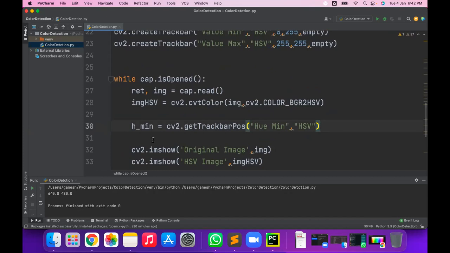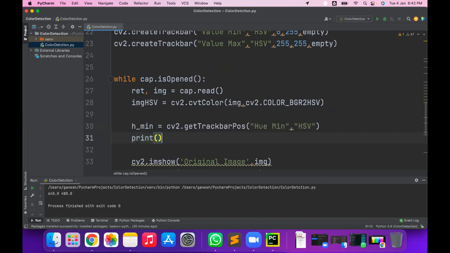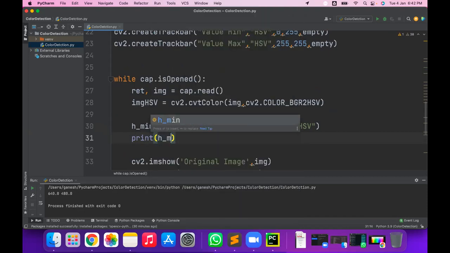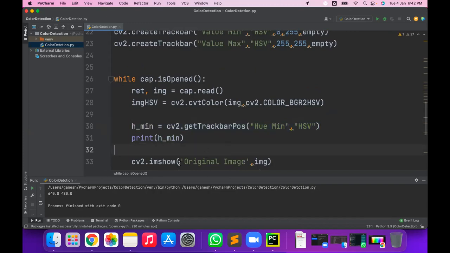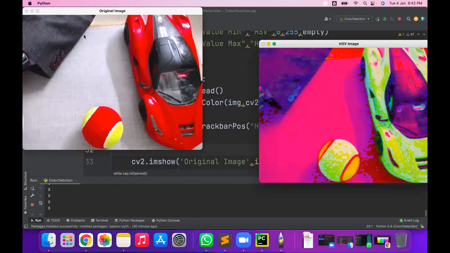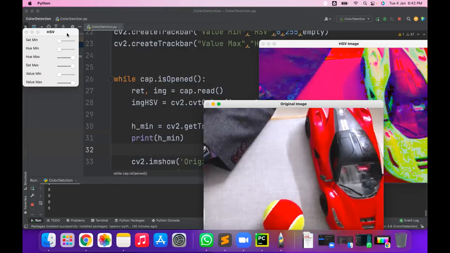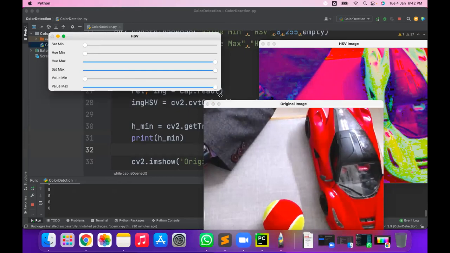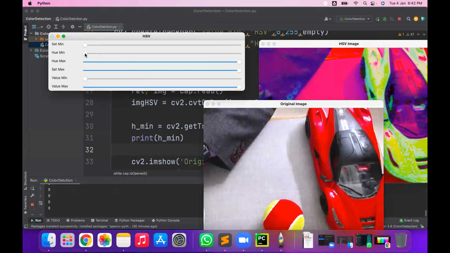So yes, I'm getting the H min. Let's print it. Always have a habit that once you write one line, you print it. This is my HSV image originally, and this is my track bar. Now you see at the bottom there is a 0.